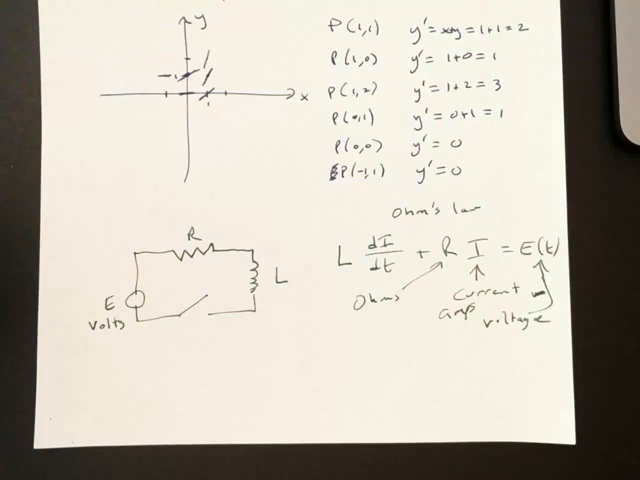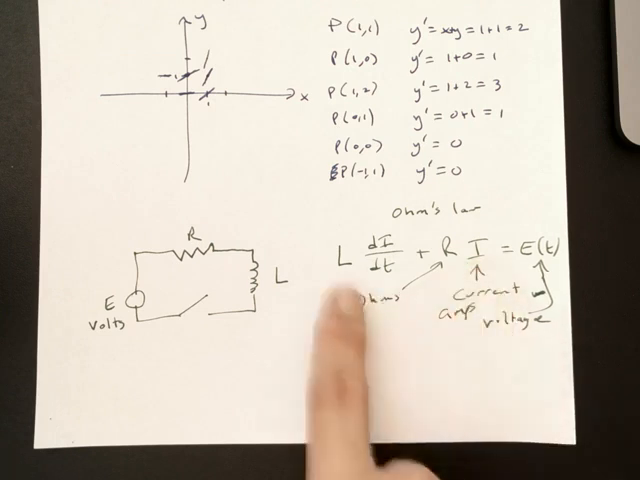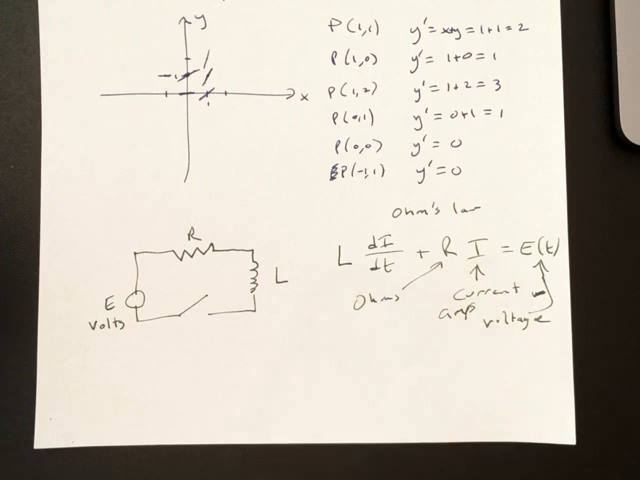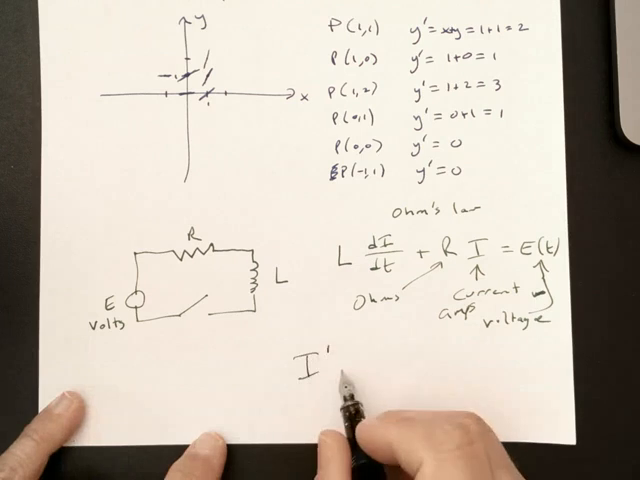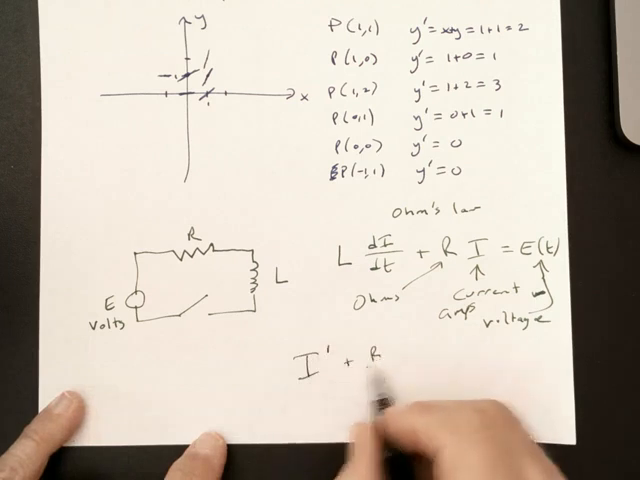Electric charge is named after Coulomb. Joules for energy, and watts for power. Well, it's James Watt. James was busy. He came up with this stuff. But this is a differential equation. And this differential equation can be written y prime equals stuff. If I think of I as a function and di dt as its derivative, I can write I prime plus